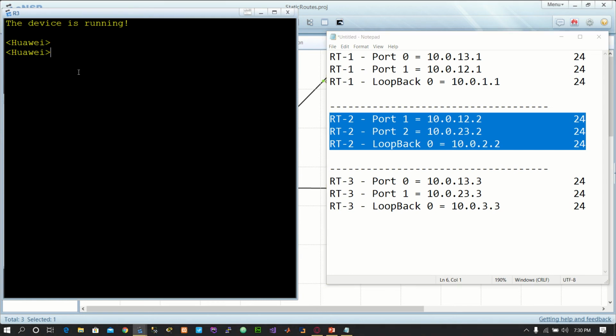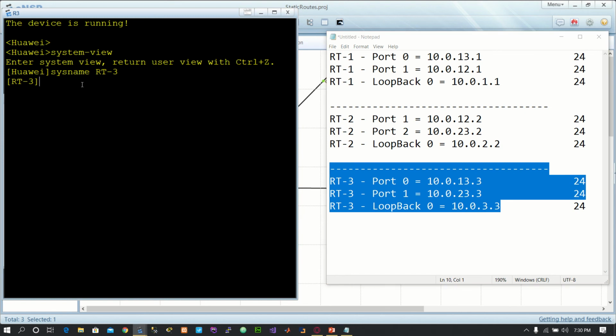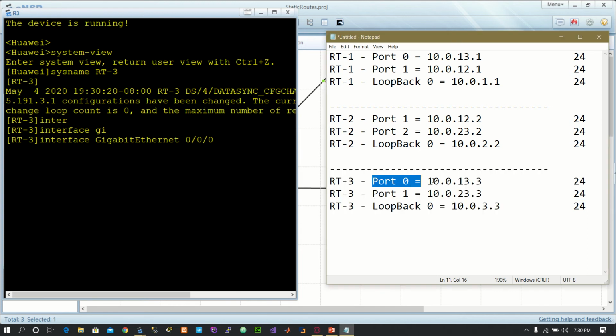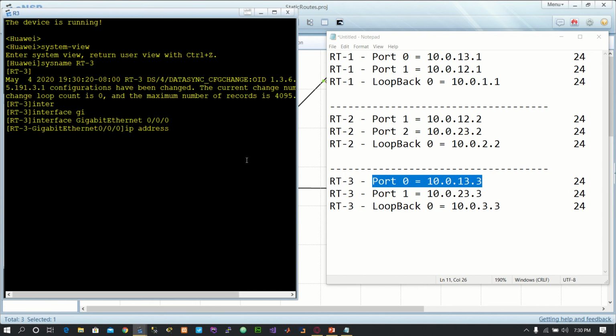So we are on router 3 now. We change it to router 3. We enter the system view. Then we change the name, sysname RT-3. So we are going to set the IP addresses like we did for the other 2 routers. So I say interface gigabit Ethernet 0/0/0 because we are assigning to the first port here, 0/0/0, and then IP address